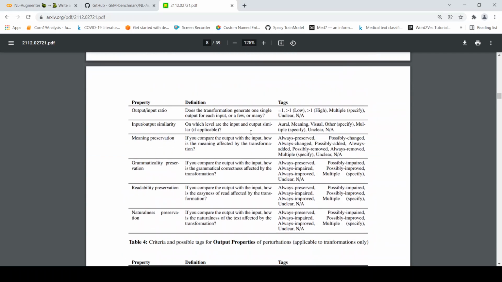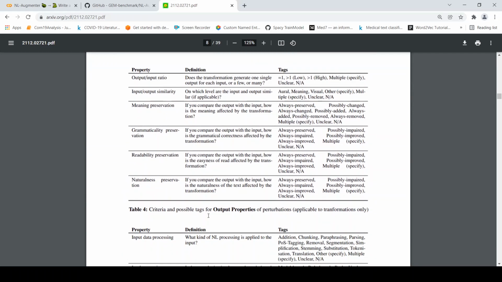Okay. Then they also talk about possible tags for output properties of perturbations. Okay, so what does the output look like? What is the output-input ratio? Is it 1:1? Is it more? Like for example, if you give a sentence, do I get 5 sentences as output? Okay, or I just get 1 sentence? Okay, it could be low, high. What is the similarity between the input and output if applicable? Is it visual? Is it meaning?